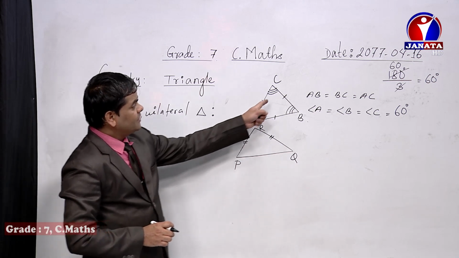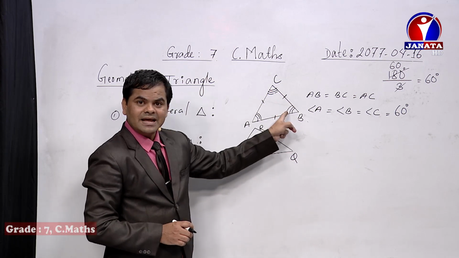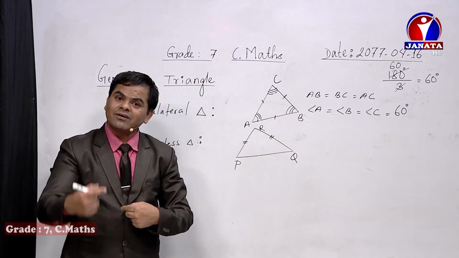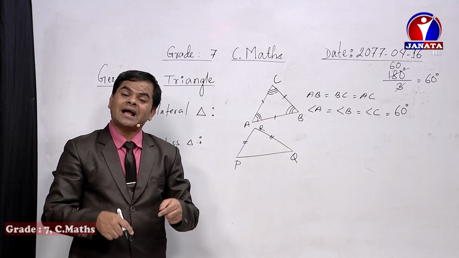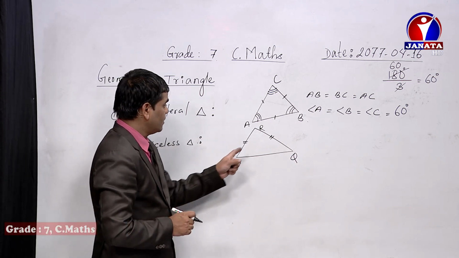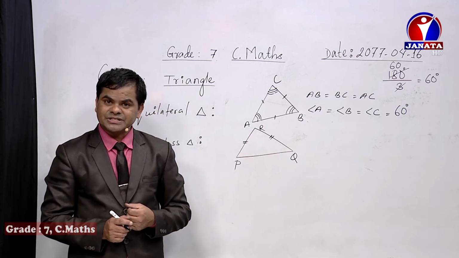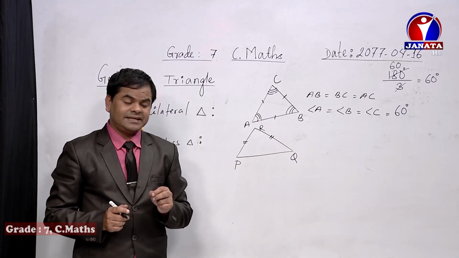And here, what did we say? If all sides are equal, then all angles are equal. If two sides are equal, in case of angles also, dear friend, there will be two angles equal to each other, but we need to know which angles are equal to each other. Look here, there are three angles. Among them, which two angles become equal to each other? That is the main thing, dear friend.